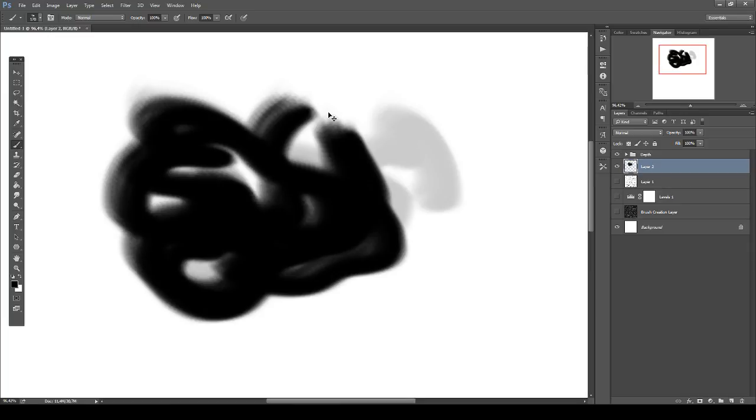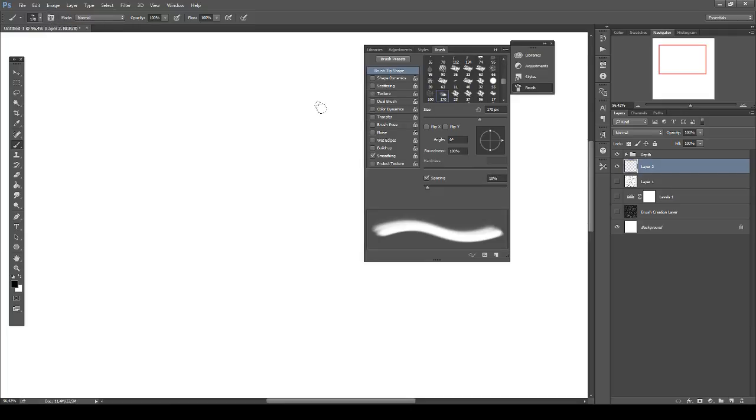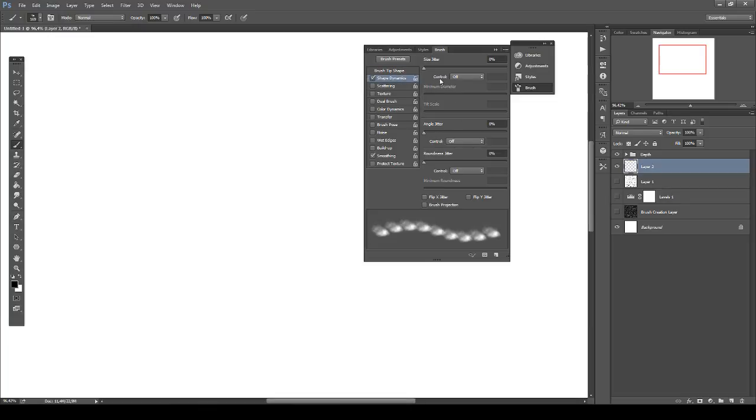It's not too good, so we want to add some cool effects to it, and we'll do it at this tool brush panel options. So what I want to do is add some spacing. Let's see, is there anything else that I want to do here? Nope. I want to add some shape dynamics. I like to use pen pressure on my tablet